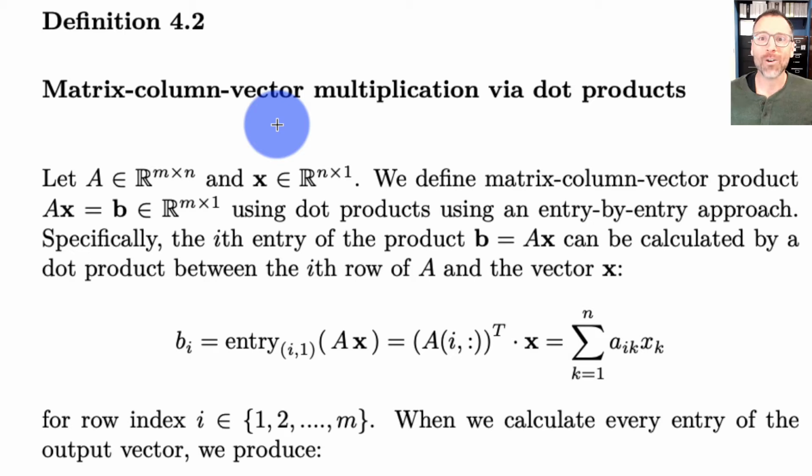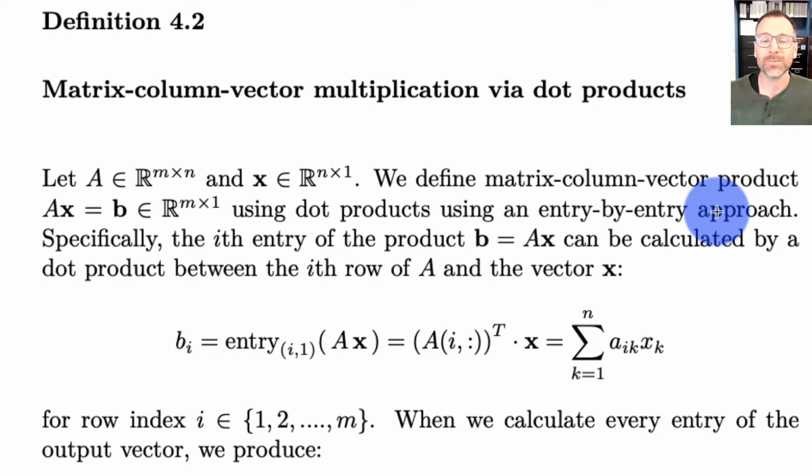Let's implement an algorithm to do matrix column vector multiplication via dot products. We start by looking back at our definition. That definition said that if we have a matrix A in R^(m by n) and a vector x in R^(n by 1), we define matrix column vector multiplication given by A times x using dot products via an entry by